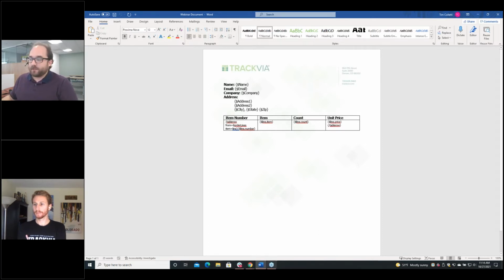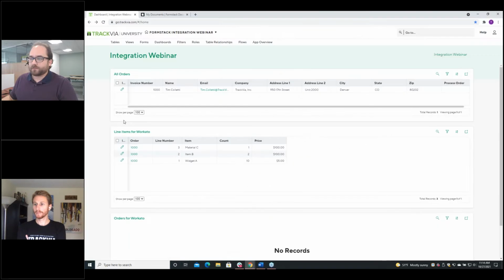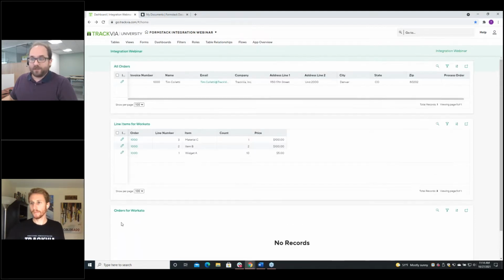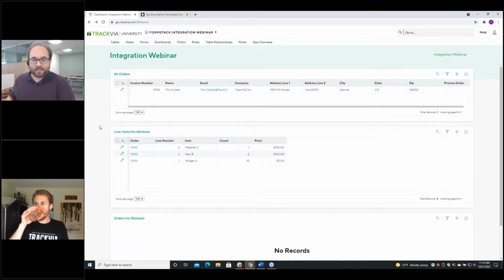So first things first, let's go over to our app. I've built a quick little app here for this demo. This top view is the view of the orders themselves. This next view is the child items. So these are the line items that belong to the order. And I'll tell you about this last view in a minute. So in actual practice, these views would be scattered all over the place on your app. You know your business. You have views all over the place for all different people. I pulled them all together onto one dashboard just to make it a little bit easier. But in practice, you're going to be pulling these from all over the place.